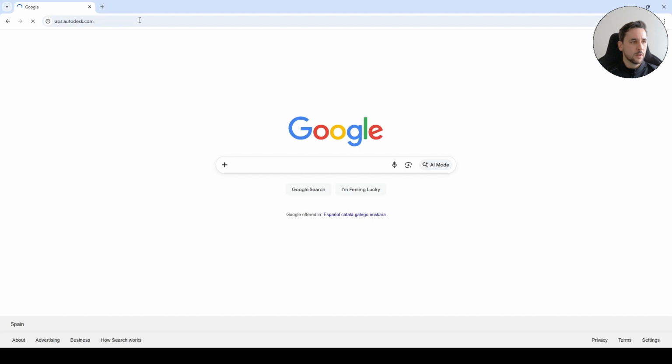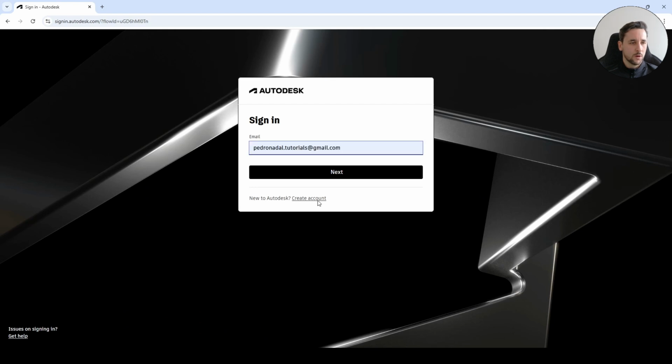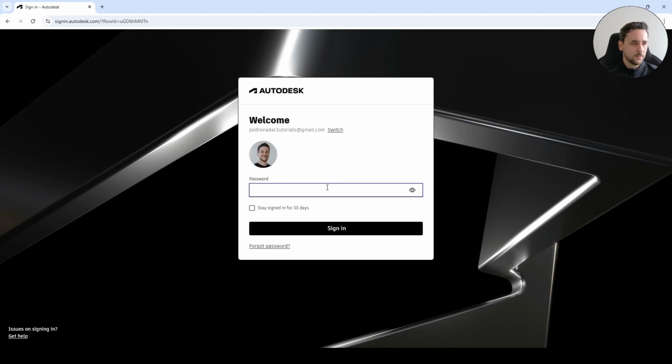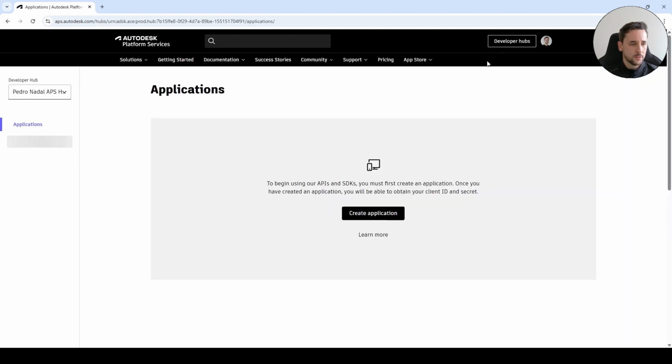Let's get started. So first we are going to go to aps.autodesk.com, which is the developer portal for Autodesk Platform Services. We are going to sign in with our credentials. Then we are going to click on Developer Hubs, create new application,